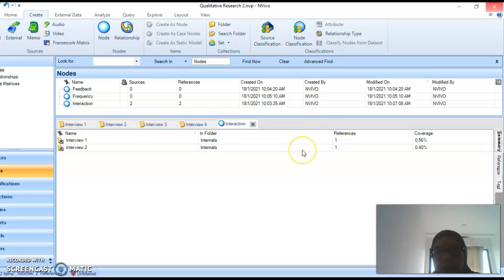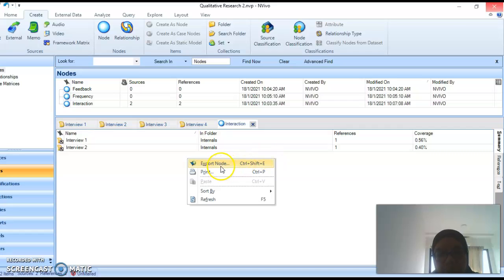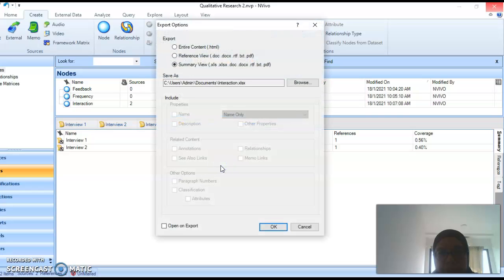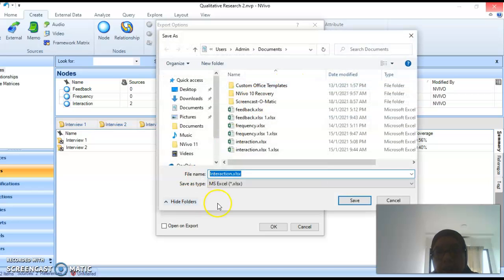Now this summary, what you can do is export it to your documents. What you do is right click. Can you see export note? You export note. You can browse where you want to save it. Let's say you want to save it in documents, like here. So these are external file interaction. Then they save it in an Excel mode, right? So you save it